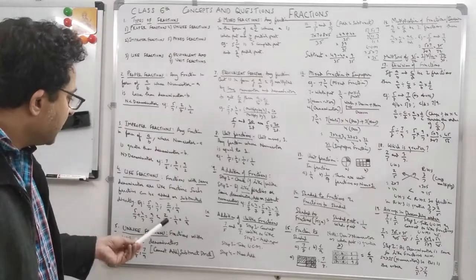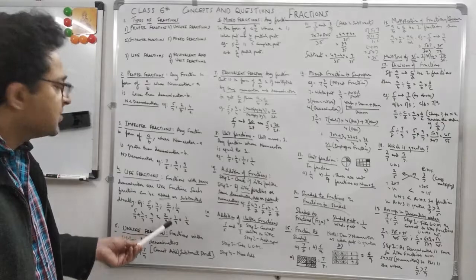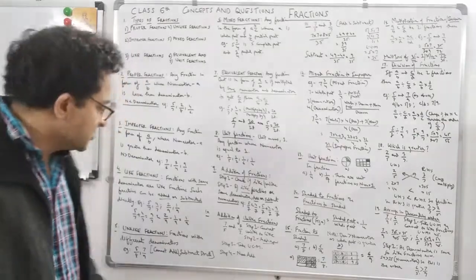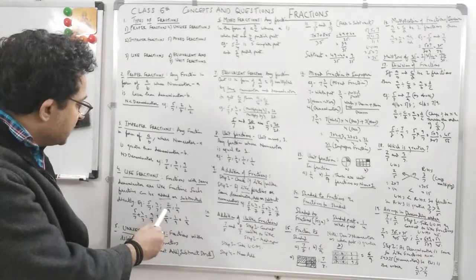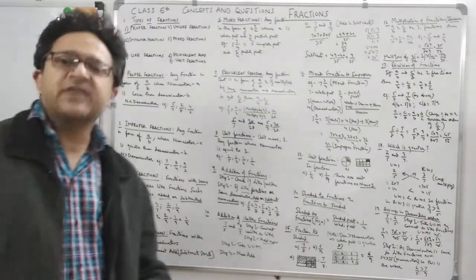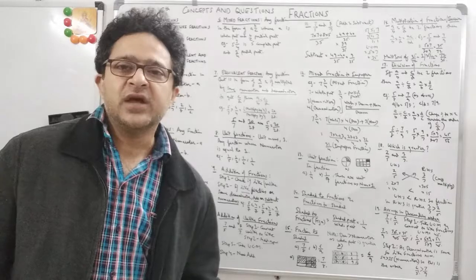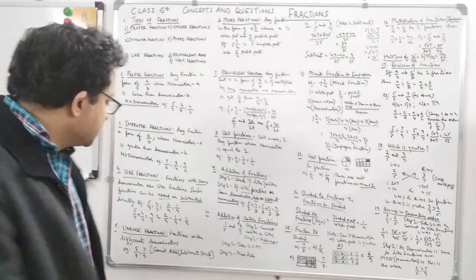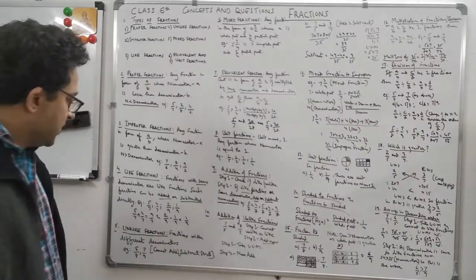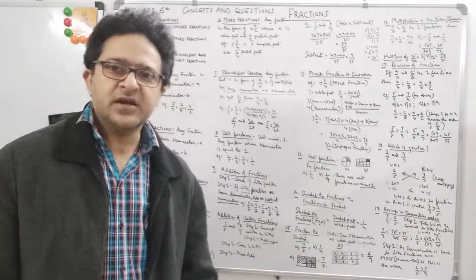So it is 2 by 9 minus 1 by 9, because again you can directly add or subtract. This was another question wherein you have to subtract. Why? Because 9 is the same denominator, so these are like fractions. You can simply do addition and subtraction directly. So 2 by 9 minus 1 by 9 is equal to 1 by 9. 2 minus 1 by 9 is equal to 1 by 9. Fine students? All clear till now?